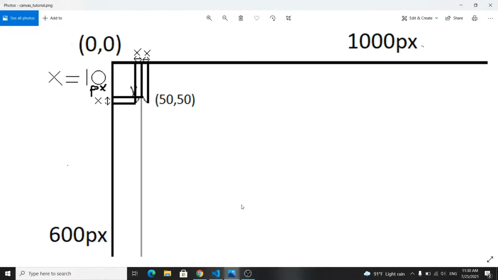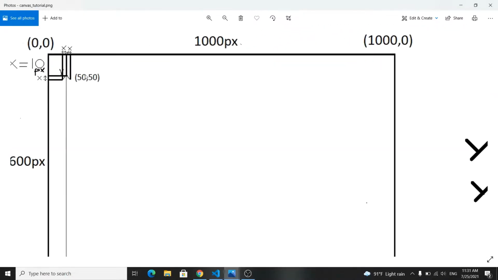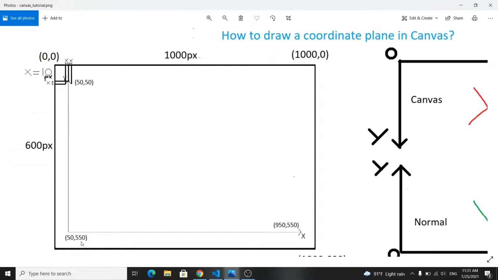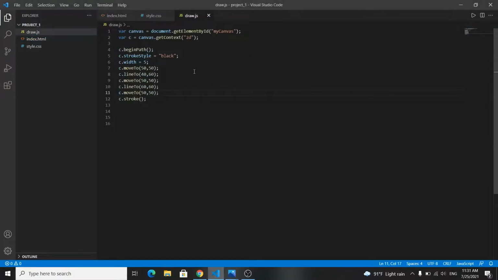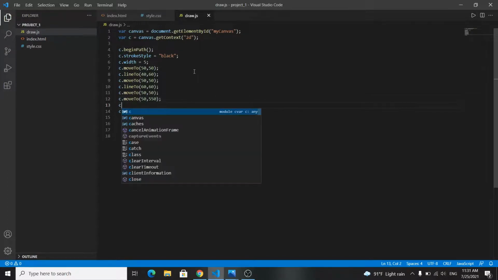So how can we draw the y-axis? You will move from 50-50 to the point 50 and 550. So you will make the y-axis here, this line here, and then you move from the 550 to the point 950 and 550. So let's draw it. So you move to 50, 550, and then you line to